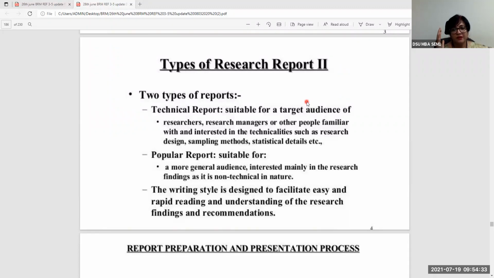And then the plagiarism check report coming out of the plagiarism software is also supposed to be attached along with the research report, especially for research reports meant for academic degrees. That is, before you get your MBA, if you're submitting a project report, the university will demand a plagiarism check report of your project report to be attached along with the main report.